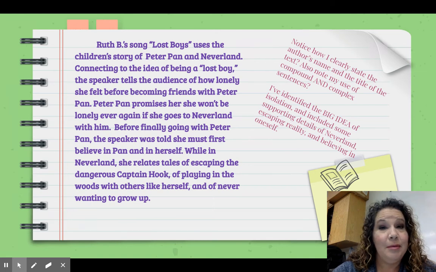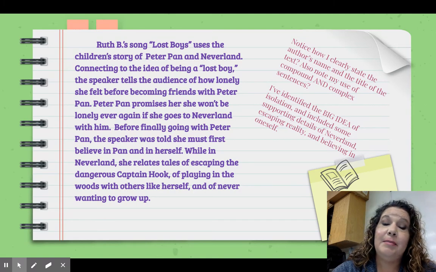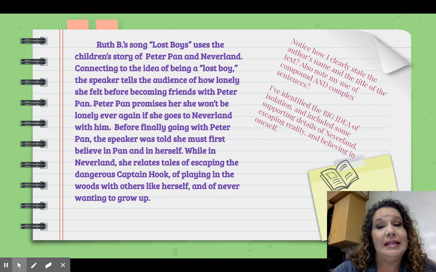The sentences that can be combined together to read smoothly, I do so. But if a sentence needs to be isolated in a short, simple sentence, I use that as well. So I'm using a mixture of sentence variety. Notice I've also identified the big idea of isolation, and I included some supporting details of Neverland, of how they escaped reality, of how important it is to believe in oneself. Notice that each of these supporting ideas connect back to the big idea of feeling isolated, and how that the speaker no longer feels isolated once he or she is in